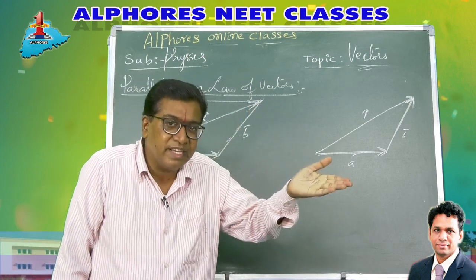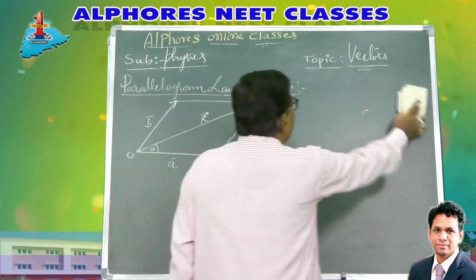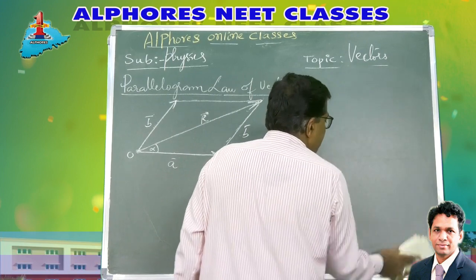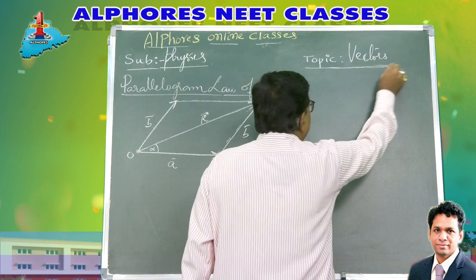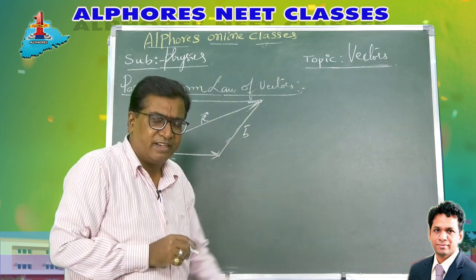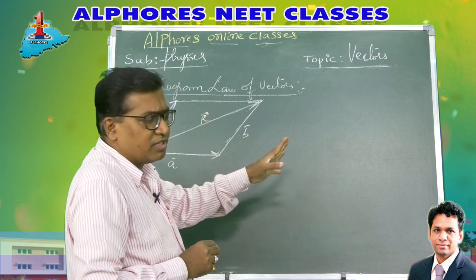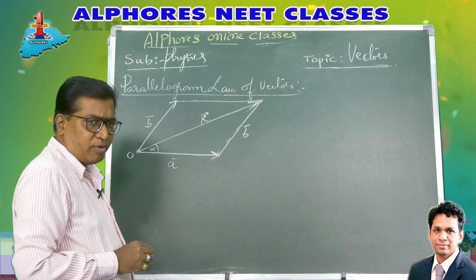But the triangle law is the graphical way of finding the resultant. The diagram method, graphical method, you find it in picture form, the pictorial method of finding the resultant. But here we are going to find it by a formula. So we shall derive a formula for the resultant. Whenever you have values, just substitute in the formula and you will get the answer. You need not draw the diagram always for all the problems, right?